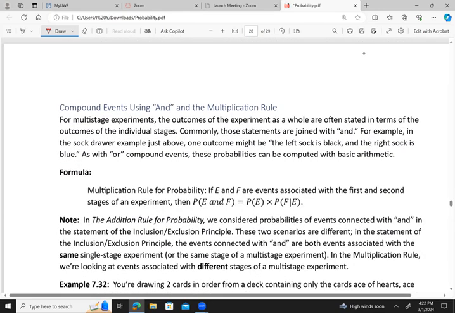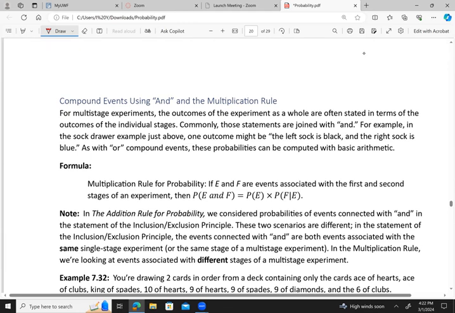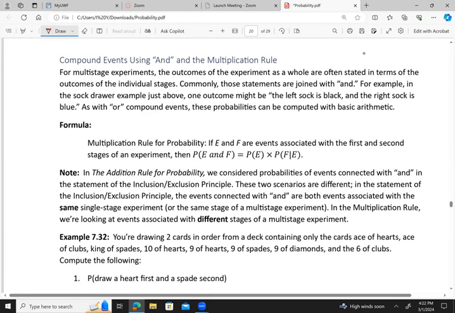Now let's look at some more compound events using and in the multiplication rule. For multi-stage experiments, the outcomes of the experiment as a whole are often stated in terms of the outcomes of the individual stages. Commonly, those statements are joined with and. For example, in the sock drawer example, so